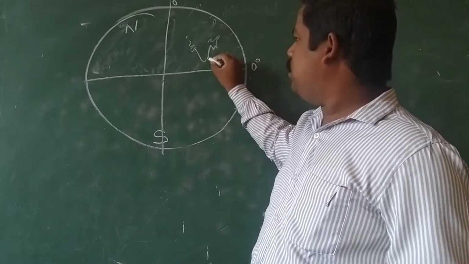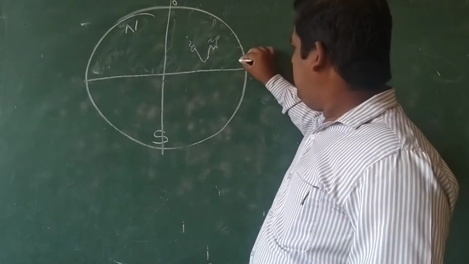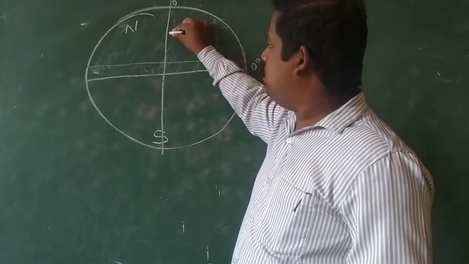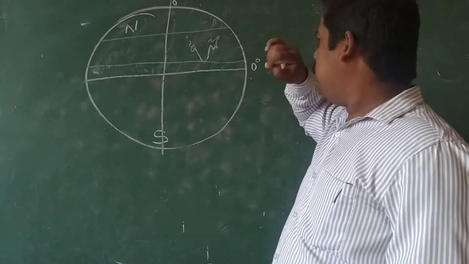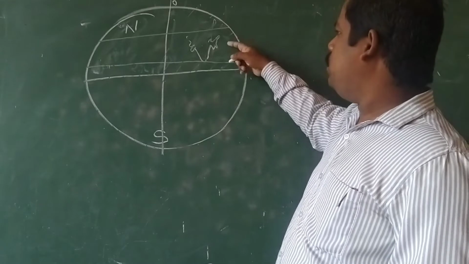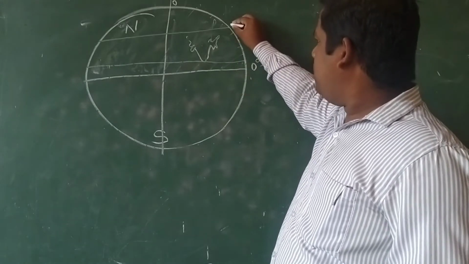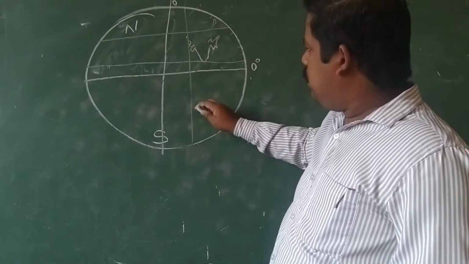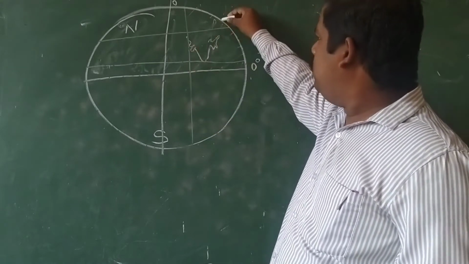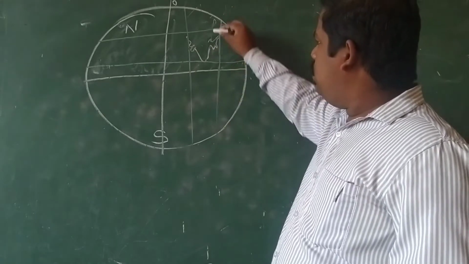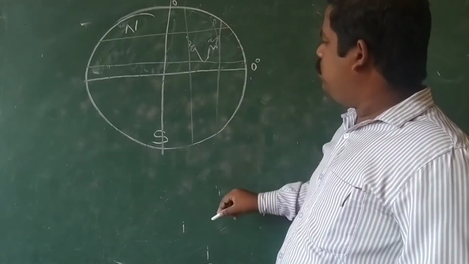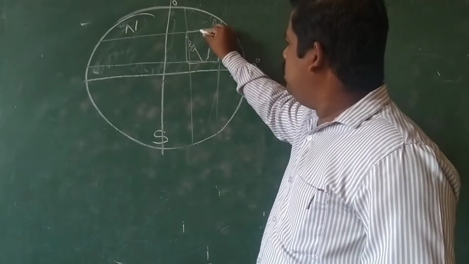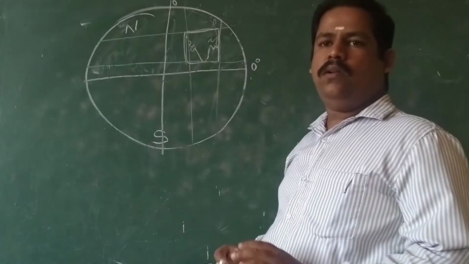So this is approximately the location of India. Here the 8 degree 4 minute latitude passes through, and the 37 degree 6 minute latitude, sorry, the 36 degree 7 minute latitude passes through here. Then, touching Gujarat, I am drawing the longitude here, 68 degree 7 minute longitude, and 97 degree 25 minute longitude will be passing through here. So India comes under this square. This is the location of India.